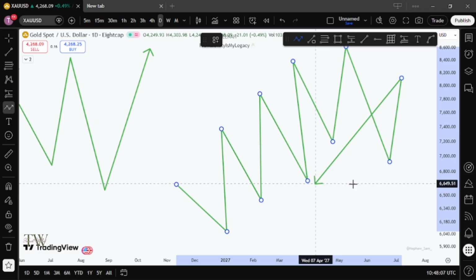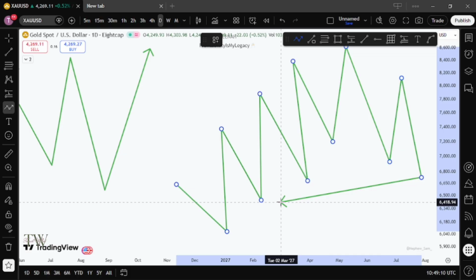Price cancels them out as transactional liquidity. I know you understand what transaction means. Take it in the sense of sales and marketing, where somebody gives you money and buys your goods and all of that. That's a transaction. So that's the same thing that is happening here. In mathematics, we have times and division, in division a particular number cancels the other, and that's exactly what's also happening here. You see, the moment there was a change of character, price cancels out this level, cancels out this level, and that's transactional liquidity, also known as